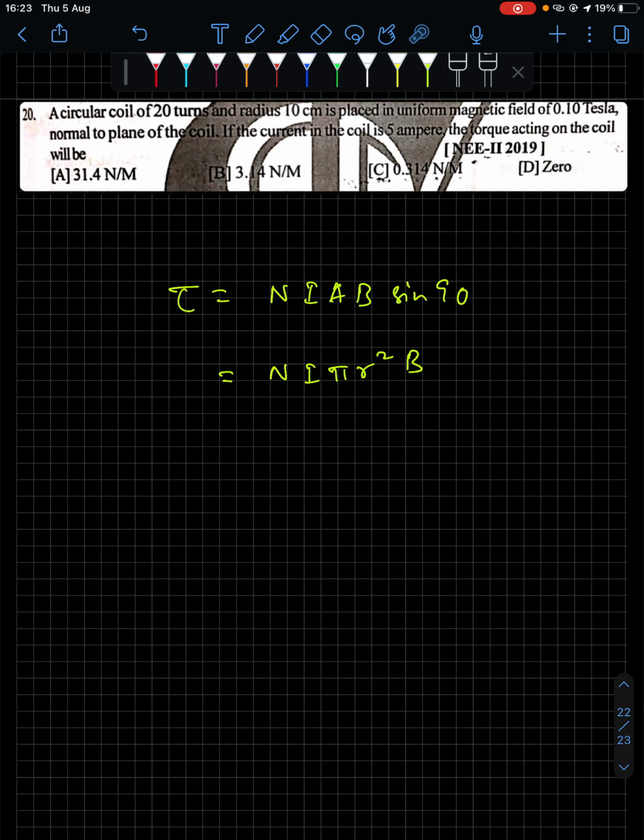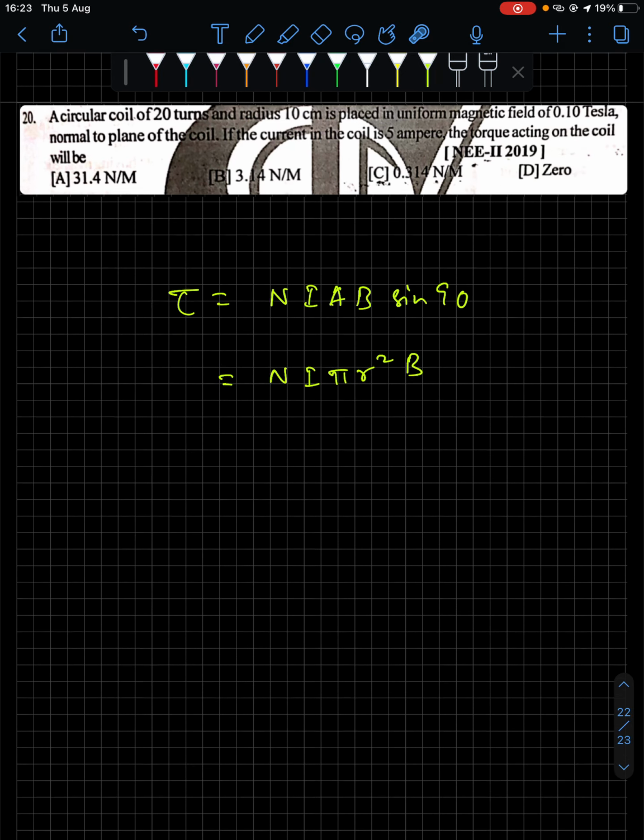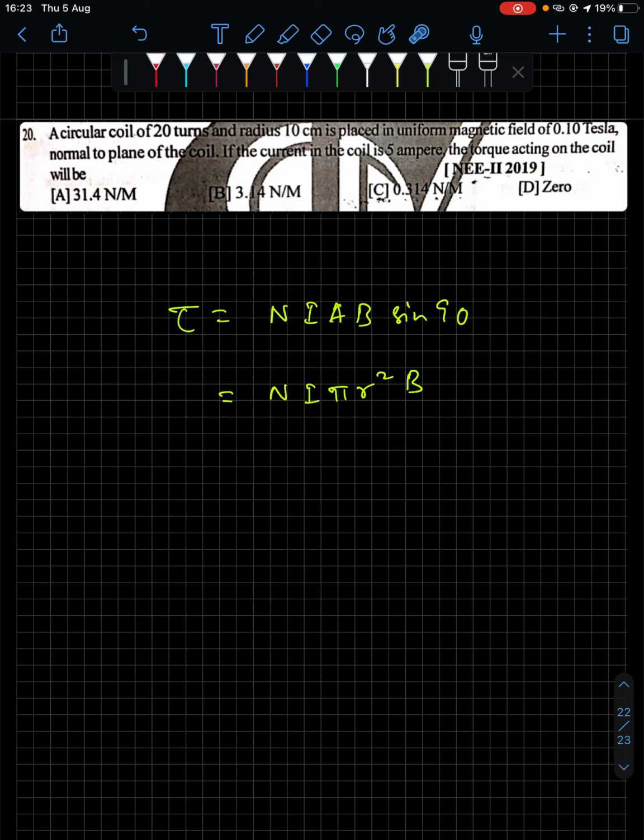Now, sin 90 is already mentioned in the question, isn't it? A circular coil of this radius is placed in a uniform magnetic field normal to the plane. This normal is mentioned in the question. And you see, all these values are given directly. So N value is given as 20, I value is given as 5,